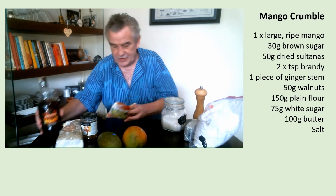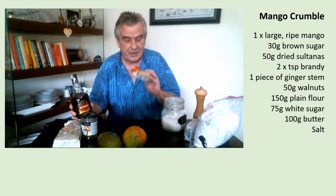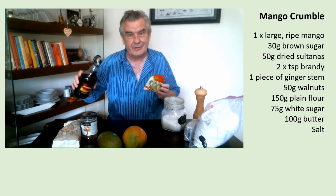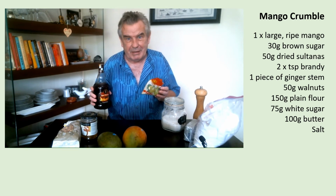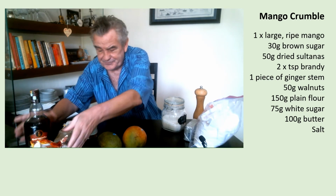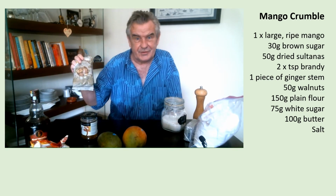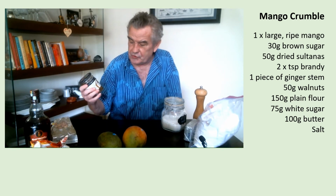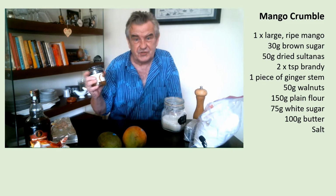And then what I'm going to do in advance of that is take a few handfuls of sultanas and soak them in a bit of rum for about half an hour or an hour before we assemble our crumble so that they absorb some of the rum. Add a few more chopped walnuts and then I'm going to take 1 or 2 pieces of ginger from a